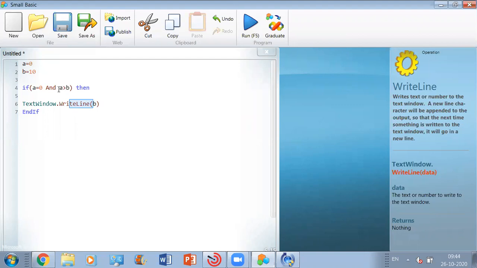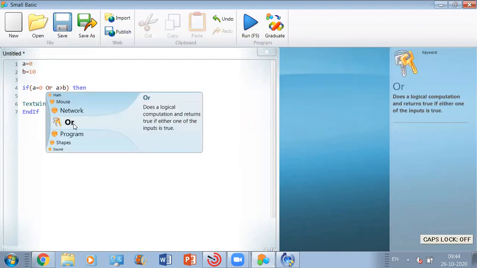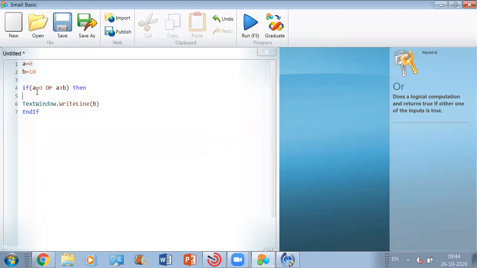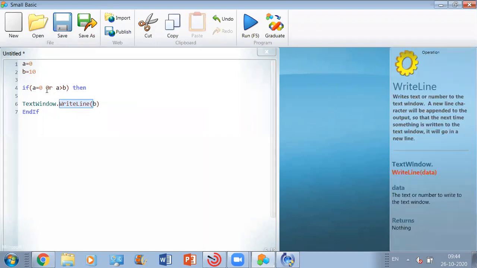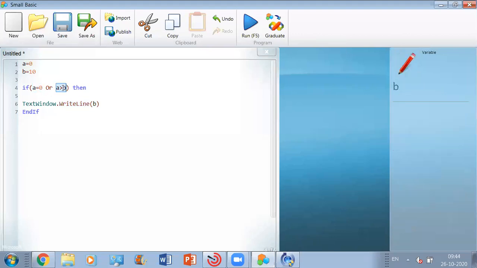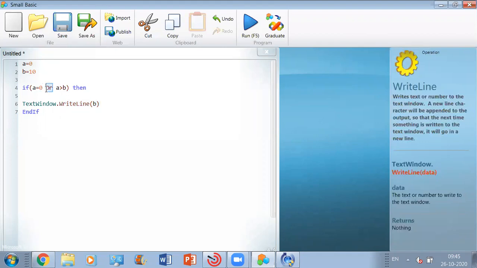Fine. Now, how can we eliminate this thing? We can make use of the OR operator. This is the second kind of logical operator we have on this platform. So when do we use OR? If we want a particular output to be shown to the user in case one of the two conditions we have defined in the if loop is true, then the output should get printed. For that, we can make use of OR.